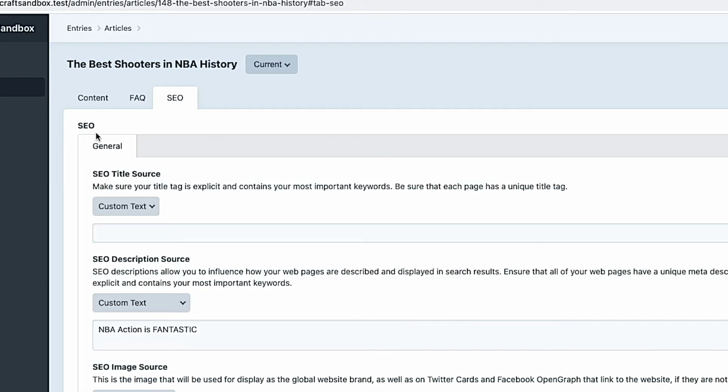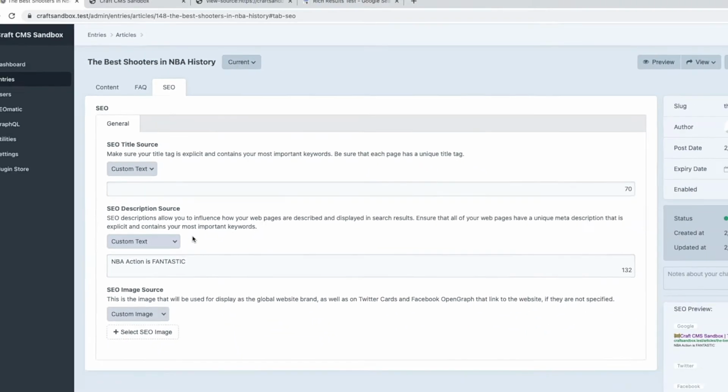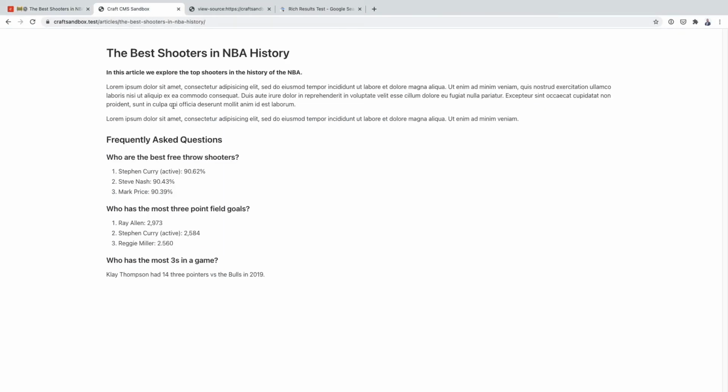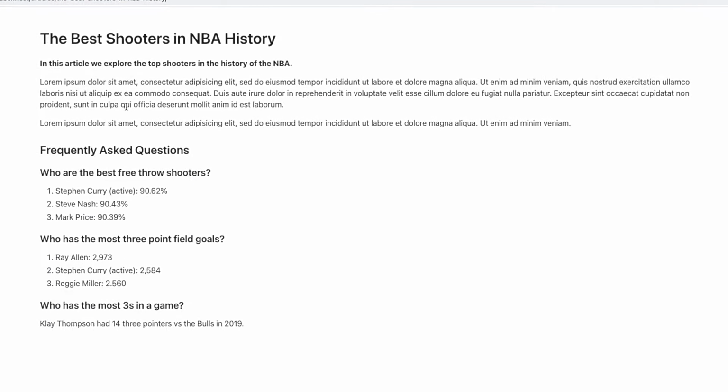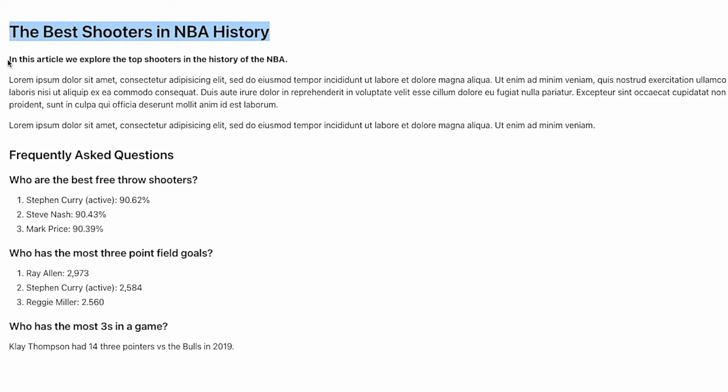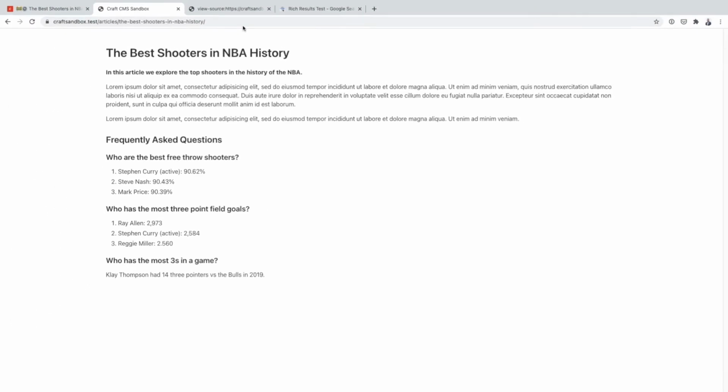I've got the SEOmatic field, so pretty straightforward. On the front end, here's what it looks like. Just got a kind of plain Jane template, the built-in title. We've got a body field, and then here's that matrix field being pulled in. Now,